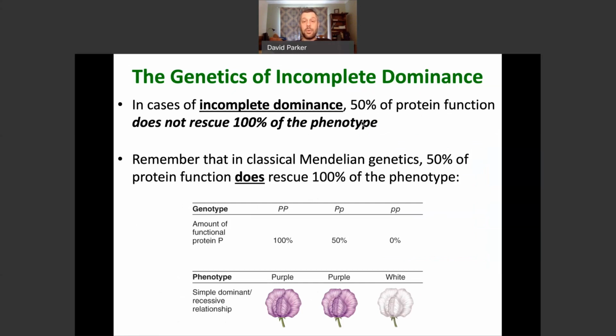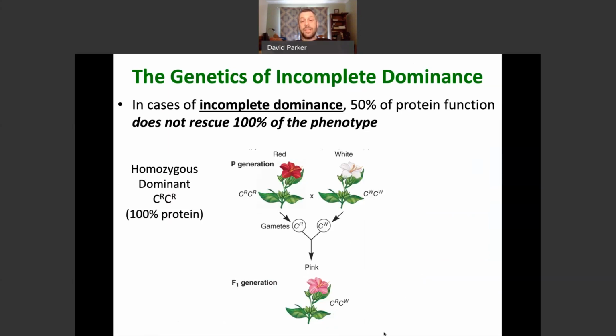So previously, we saw this example of classical Mendelian genetics, where 50% of the functional protein, big P, little p, rescued 100% of the phenotype. That is not what occurs in incomplete dominance. So how does that work from a genetic perspective? We'll take two true breeding 4 o'clock plants. One of them is red, one of them is white. True breeding, so they have a